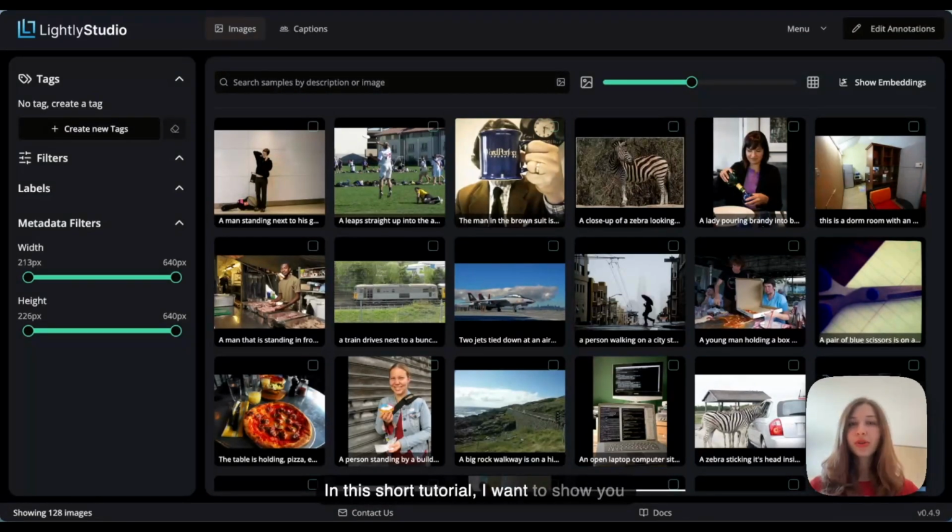In this short tutorial, I want to show you how you can inspect and edit captions inside LightlyStudio. Modern AI datasets are multimodal, and images and videos often come with rich textual descriptions. And in LightlyStudio, captions are directly linked to each sample, making it easy to inspect visual language datasets without leaving